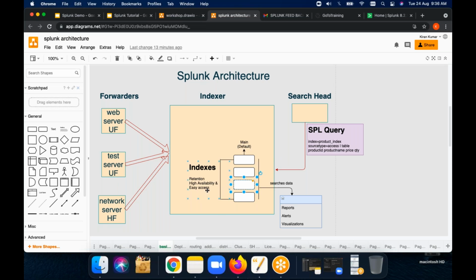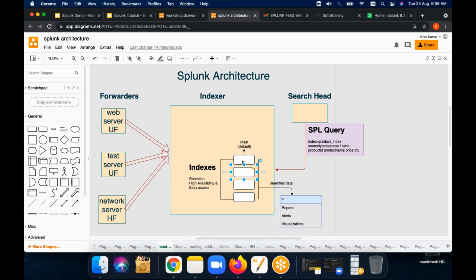Okay, easy access and high availability of the data will also be there. As you will have a limited index, the searching will be limited only, right? Only if you are searching for web server data, then only you will go to the web server index. Otherwise, you don't need to touch it, right? So then high availability of the data will be there. Longevity will be there. So for all these benefits, you should always use different indexes.